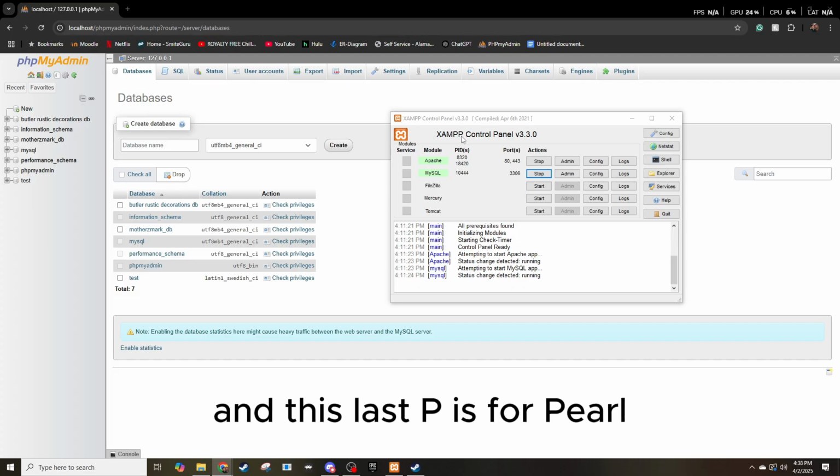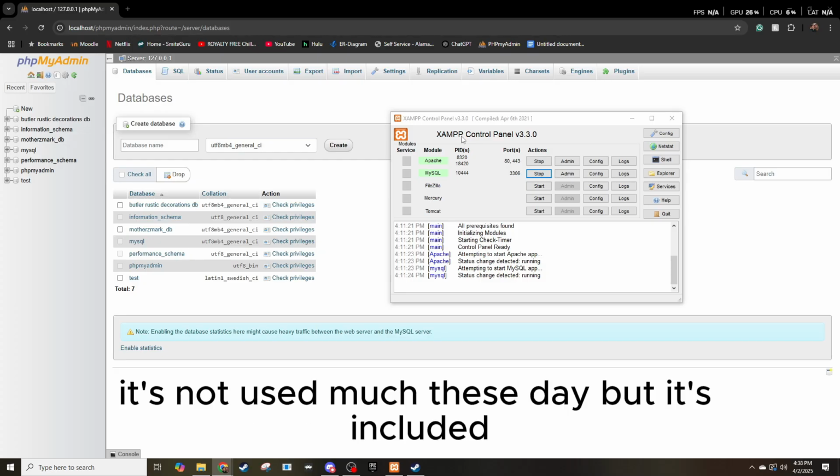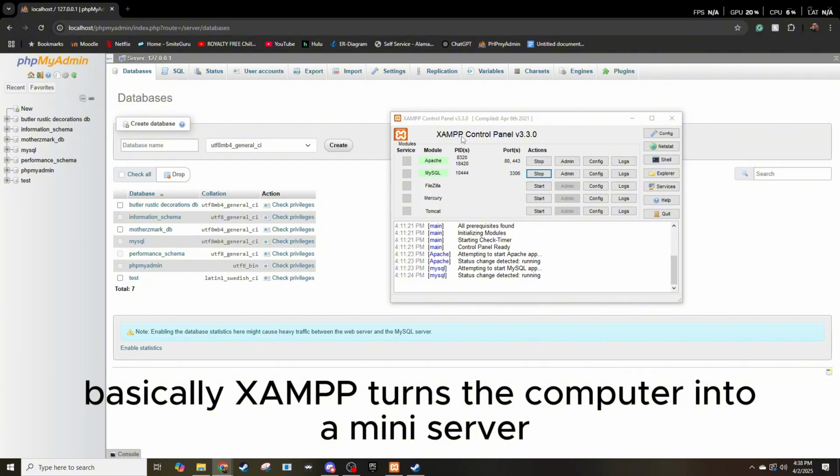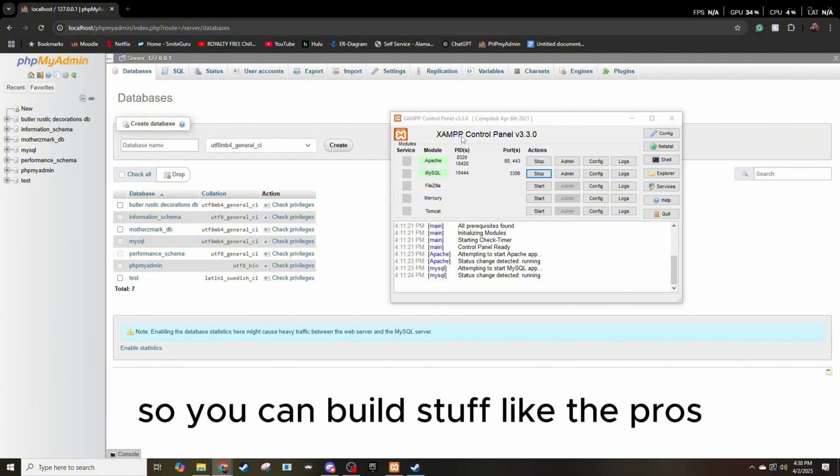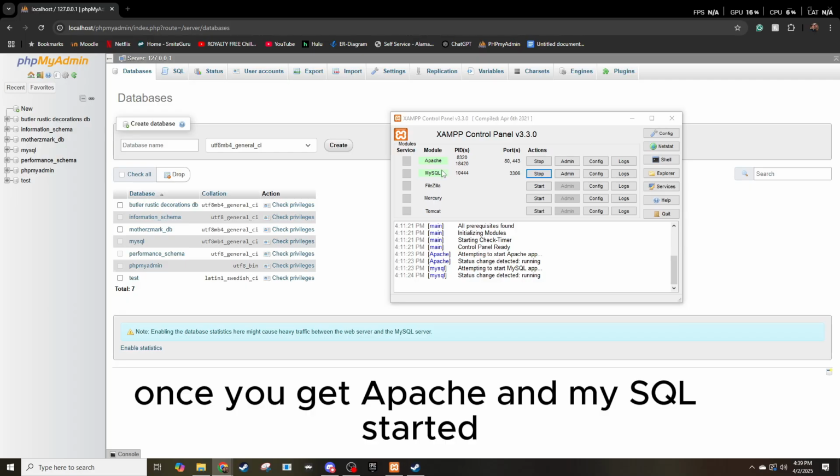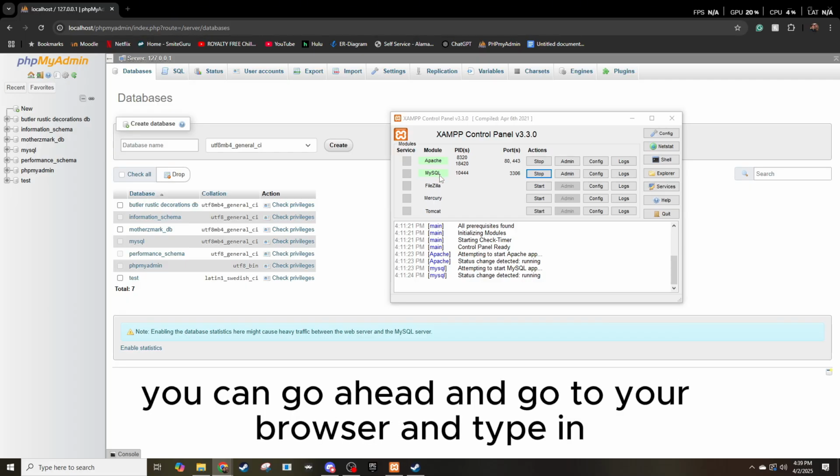And this last P is for Perl. It's kind of old school. It's not used much these days, but it's included. Basically, XAMPP turns a computer into a mini server so you can build stuff like the pros. Once you get Apache and MySQL started, you can go ahead and go to your browser and type in